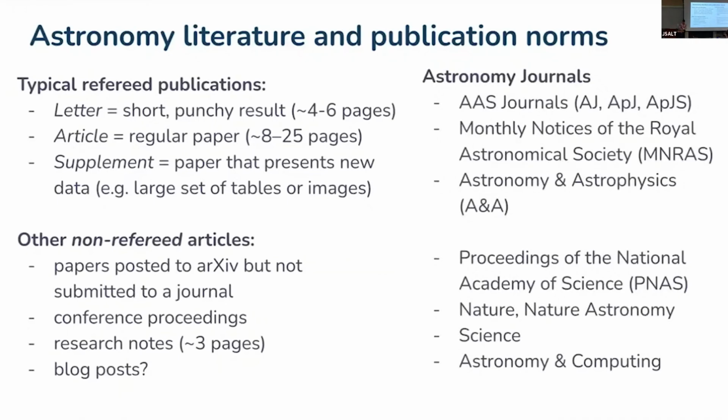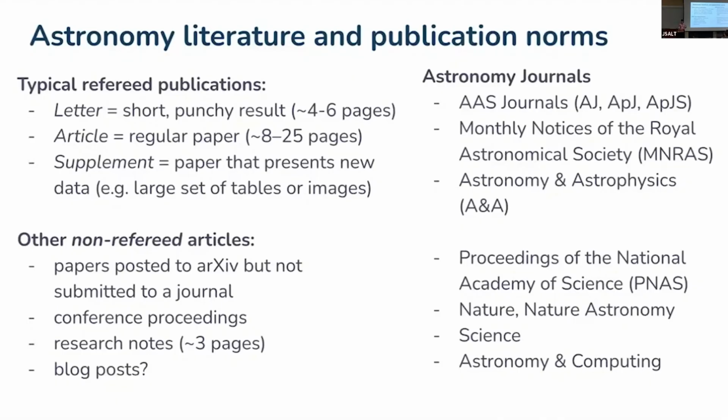The astronomy journals. There's a whole bunch of these. I'm mostly going to focus on this first one, the American Astronomical Society journals, AAS as we sometimes call it. I'm going to say more about that in a second. There are journals there: Astronomical Journal, the Astrophysical Journal, Astrophysical Journal Supplements. Then there's also this other kind of ridiculous name, Monthly Notices of the Royal Astronomical Society. Believe it or not, that's a legitimate journal, one of the premier journals, a very old and esteemed journal, the Royal Astronomical Society, which I believe is housed in Edinburgh.